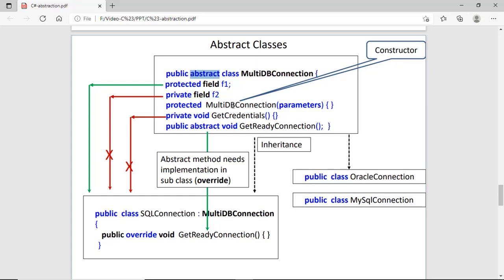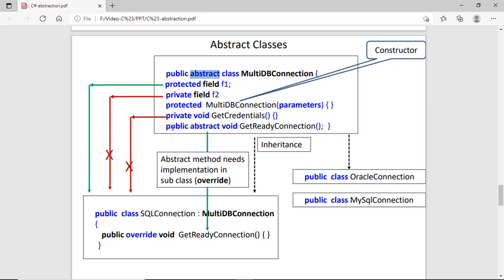Then protected, the name of the class. This is the constructor, and the important thing is that this is not public because we cannot create an instance of this class. That's why it can't be public. It's protected, so whenever another class inherits this class and you create an instance of that class, this constructor is called. Then another is the private void. This is a method, but this method is private. It means this method can be used only within the body of this abstract class. Again the red arrow means this method cannot be accessed.